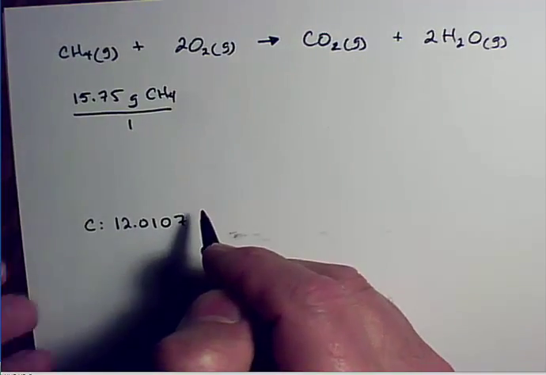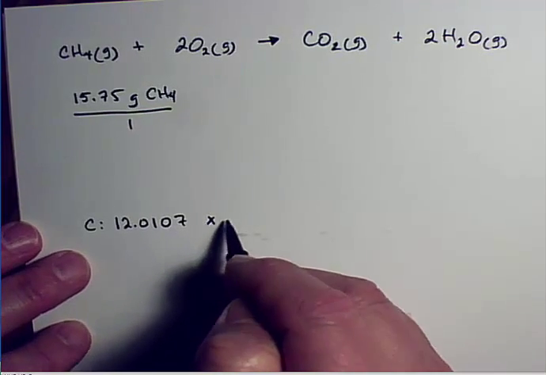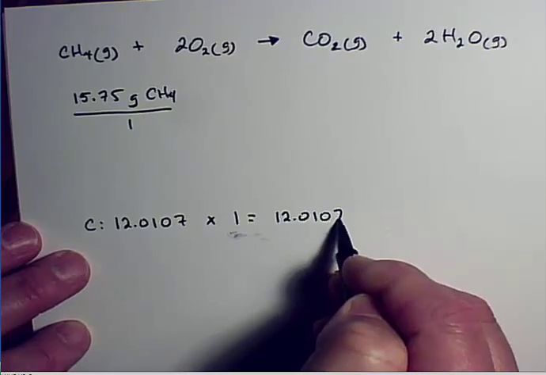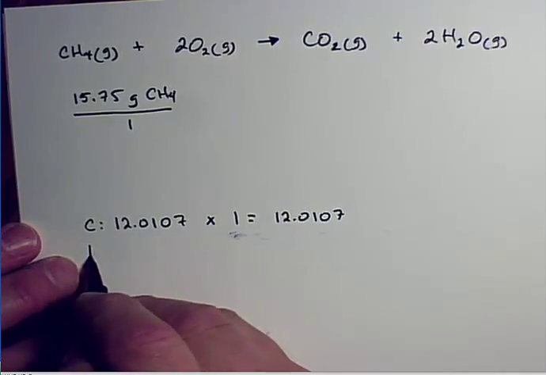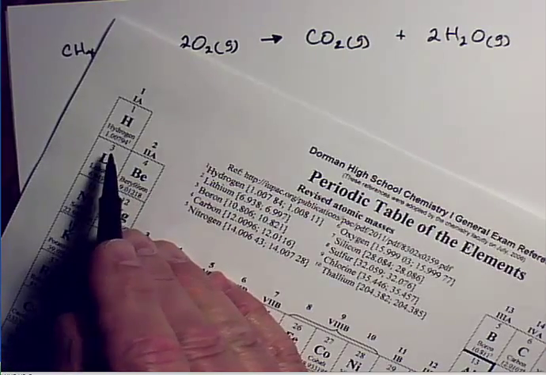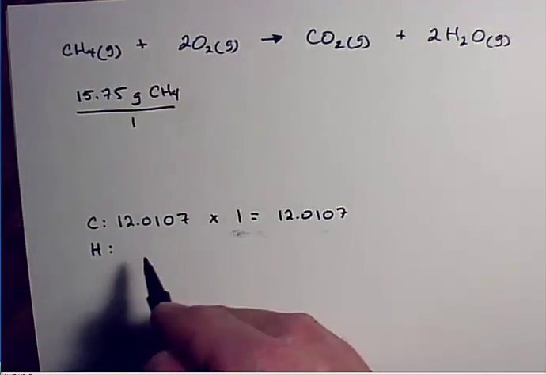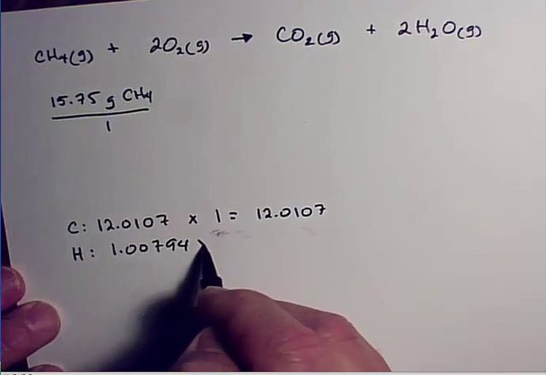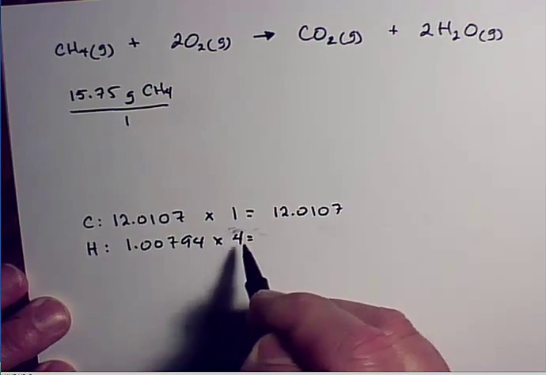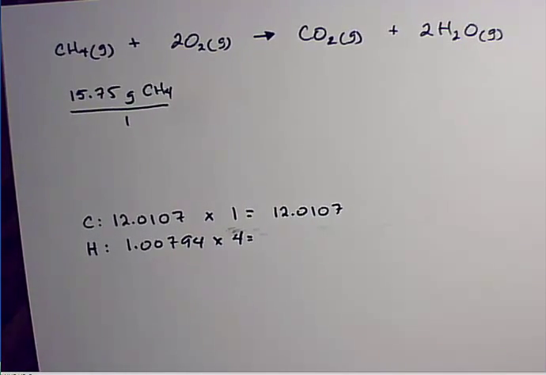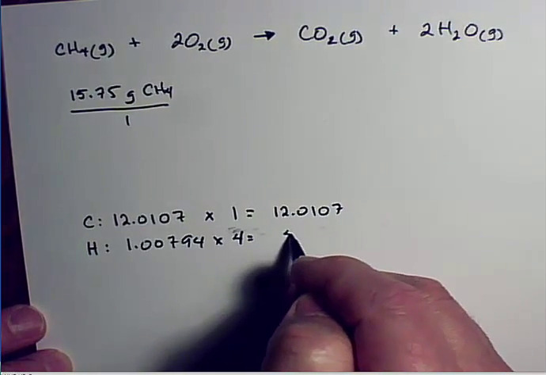Okay. And we've only got 1 carbon. And then we've got hydrogen, and hydrogen's atomic mass on the periodic table is 1.00794. And we've got 4 of those. We multiply that by 4, and we get